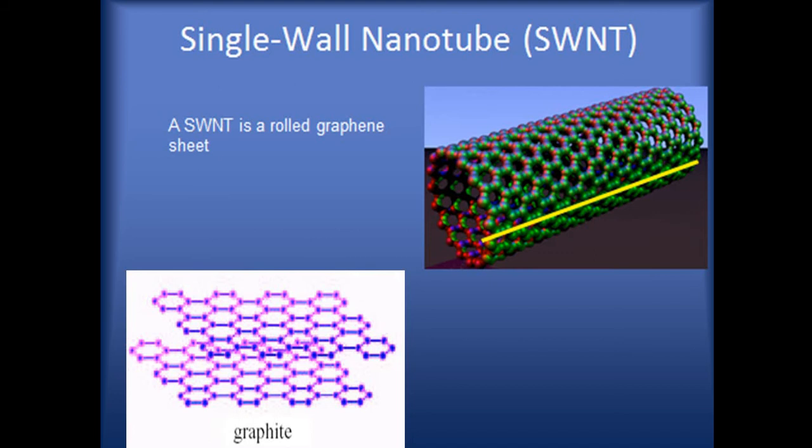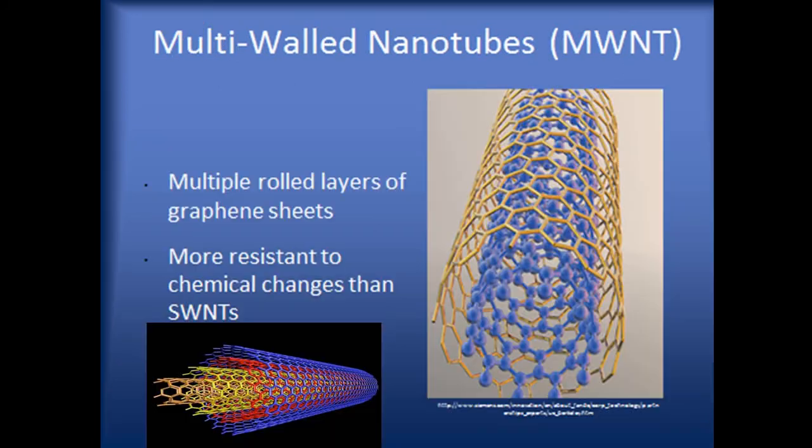So if we consider a single graphene sheet and roll it up, there is a formation of single wall carbon nanotube. The multi-walled carbon nanotubes are the multiple layers of graphene sheet. If we roll up, there is a formation of multi-wall carbon nanotube. That means one nanotube inside which is another nanotube, inside which is another nanotube. You can see here, this is one carbon nanotube, this is another, this is another. So there are a large number of carbon nanotubes, one inside another. In this way, this type of carbon nanotube is called multi-wall. Why multi-wall?